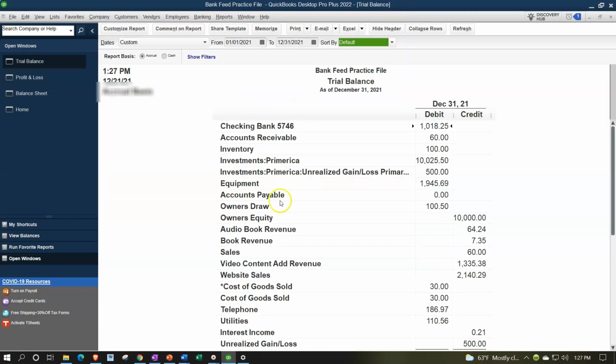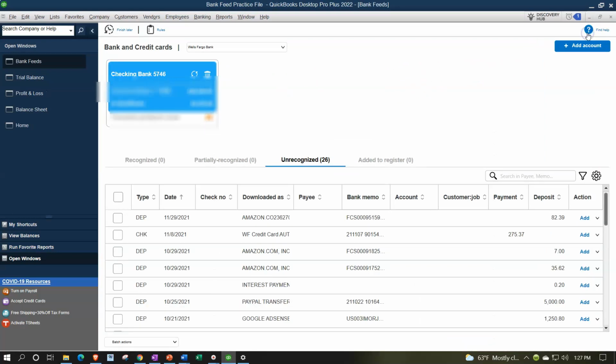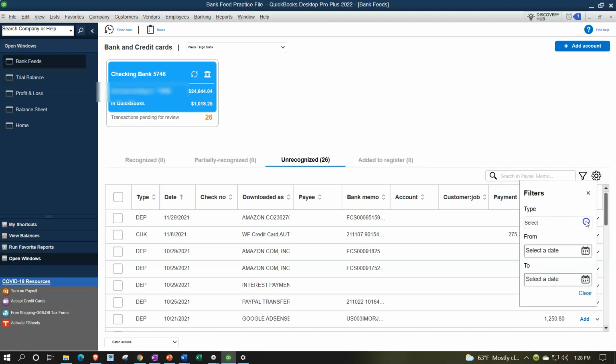Now we're going to open up the Bank Feed Center by going to the Banking dropdown, Bank Feeds, and the Bank Feed Center, which we will then maximize to the gray area. We'll be looking at the deposits again, so I'm going to put a filter on down below, just looking at the deposits, hitting the dropdown, looking at those deposit side, and then we're going to be considering deposits